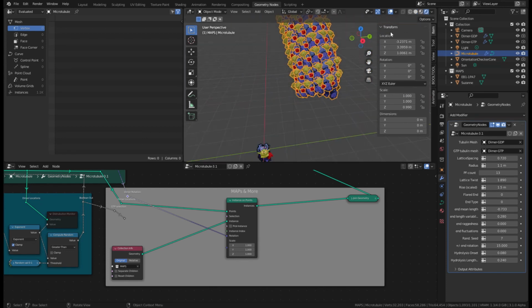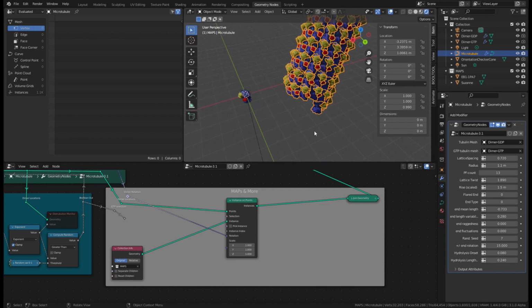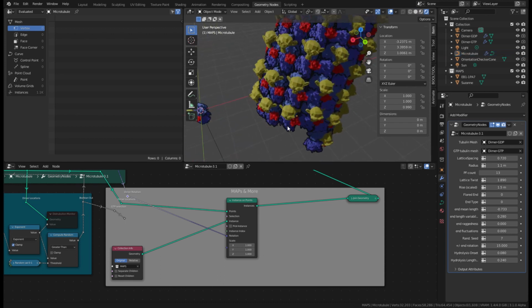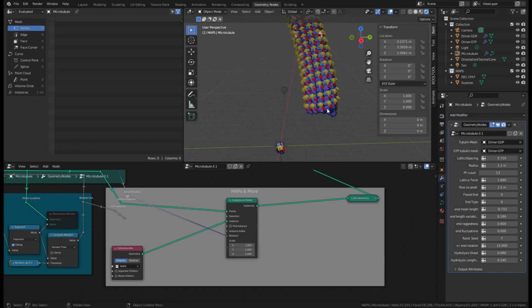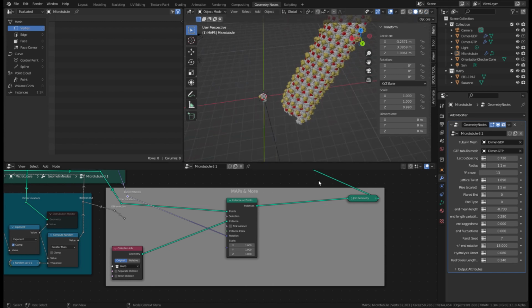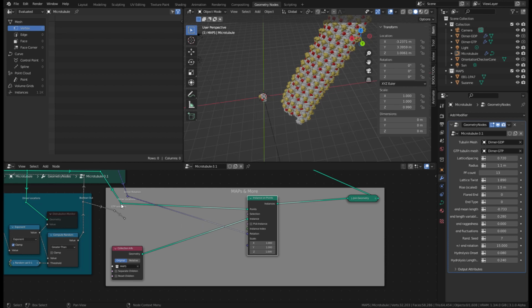If we go to quick rendered view, yeah, looks nice. A bit of a clashing color scheme, but certainly acceptable. But maybe you don't want them to bind everywhere. So let's say maybe we want only 10% decorated to make it a little bit more realistic. The way we could do that is by using this selection port